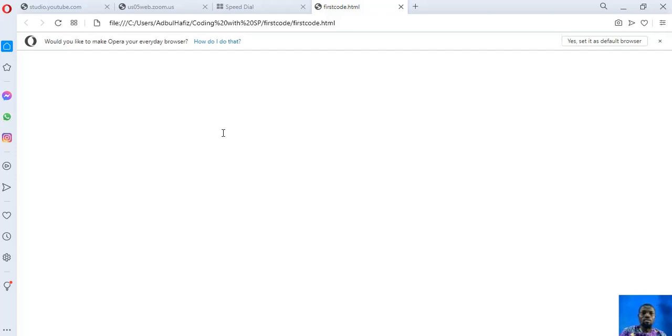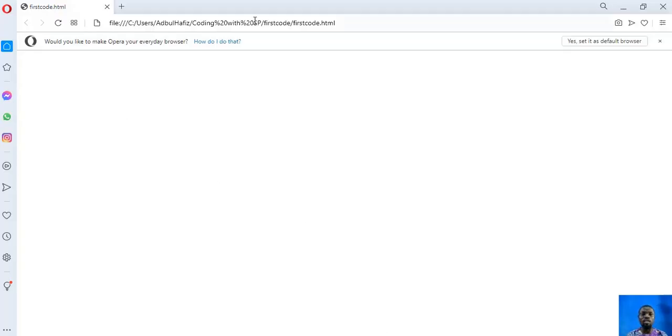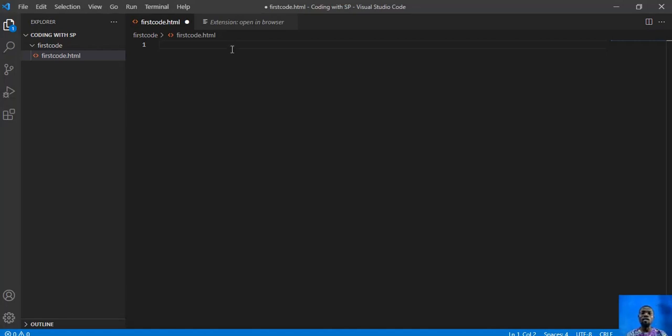So can you see now? Can you see the first code? You can see now because there is nothing in our code, so that is why it's not displaying. It only displays the code element. So when we put something in our code now, like this,